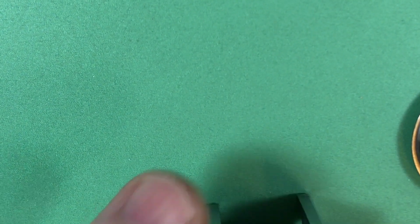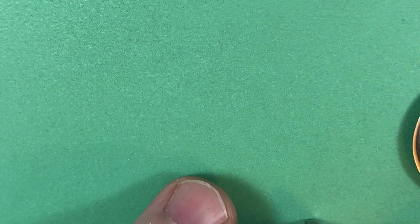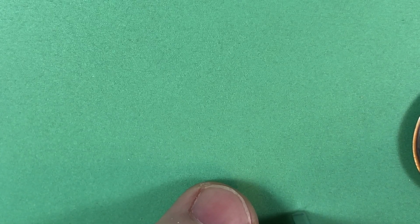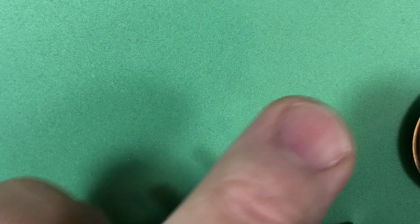Okay, so I have your train bridges already assembled. It's one of those things you want to do first. So it is assembled and it is lubricated. We're just going to drop this on there. There are no wheels or anything else in place. And all we are doing is just making sure that the...